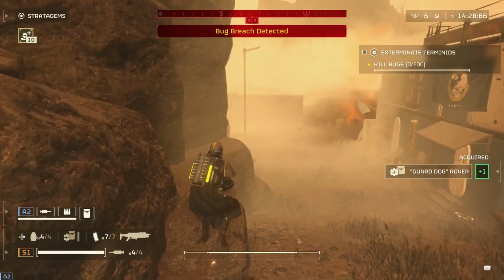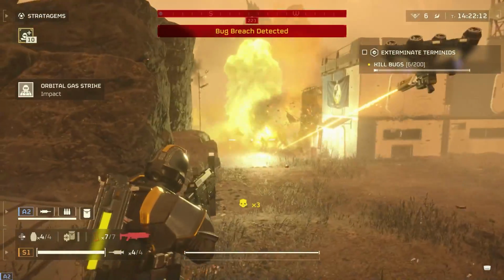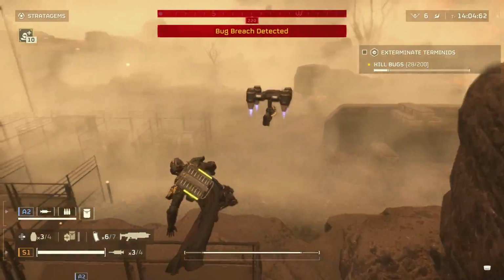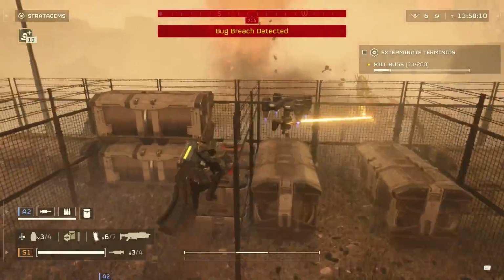So right when the mission starts, you want to call on your guard dog rover right away, and then pretty quickly the bugs will start spawning. If you call in your airstrikes right at the very start, and particularly right where the bugs are spawning out of the ground, they'll be able to clean up quite a few enemies right off the rip, and you'll already be making quite a bit of progress towards those 200 kills that you need to